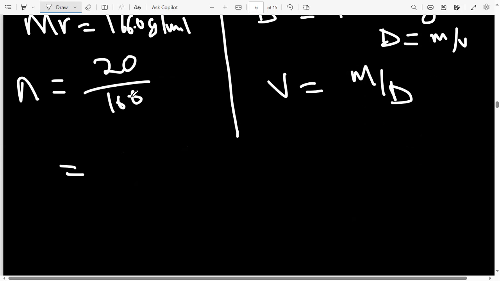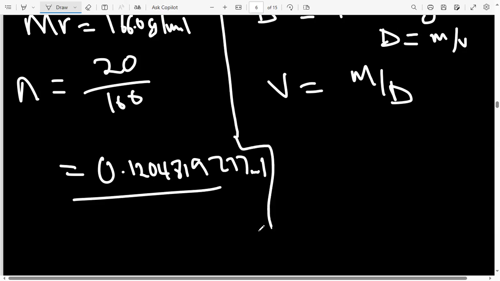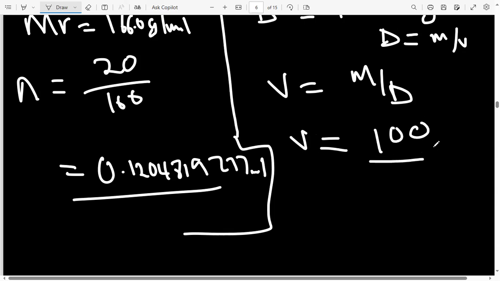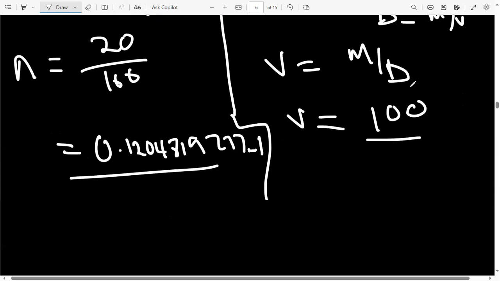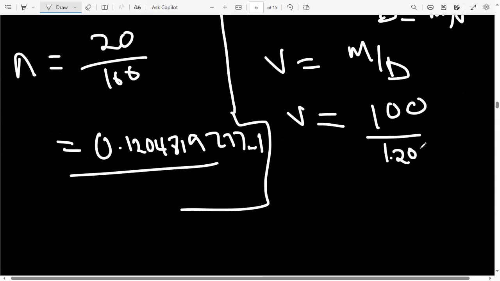Okay, so 20 divided by 166, I'm going to get these as my moles: 0.1204819277 moles. Okay, so these are my moles. And then let's find the volume. Volume is equal to mass, which is 100, divided by the density, which is 1.2012. So we have 100 divided by 1.2012. Okay, so we're going to get 83.25